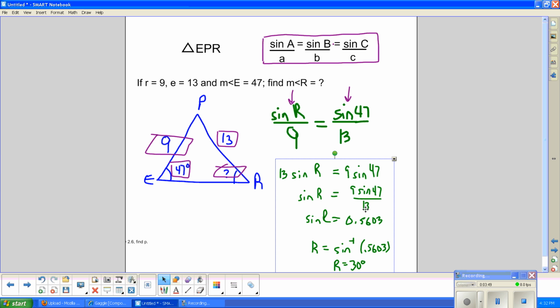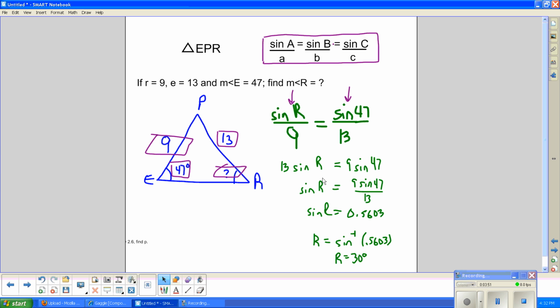Now this becomes an exercise in solving an equation, which I've shown in these steps. If we pick up from this step, I've got to get sine R by itself, so I'll divide both sides by 13. I get sine R equals 9 sine 47 over 13. Dividing it out, I get 0.5603. Since sine is always a ratio of the opposite leg over the hypotenuse, it always has to be between 0 and 1. Well, sine R then equals